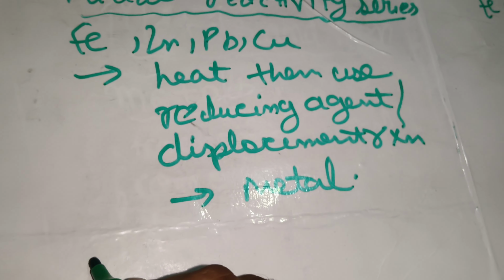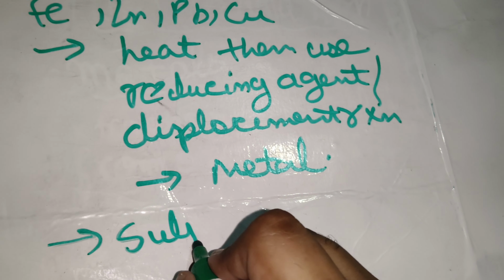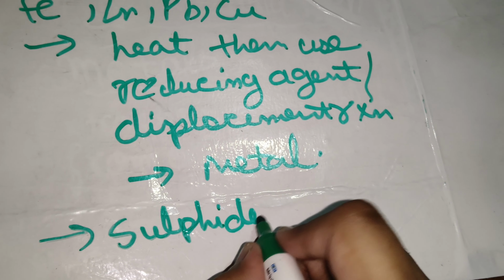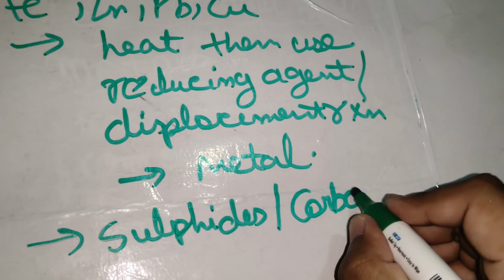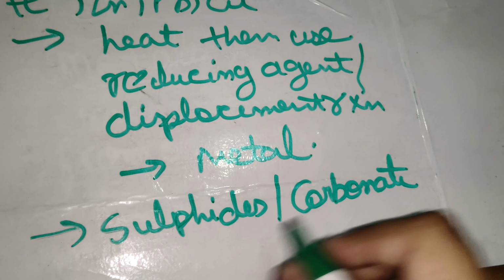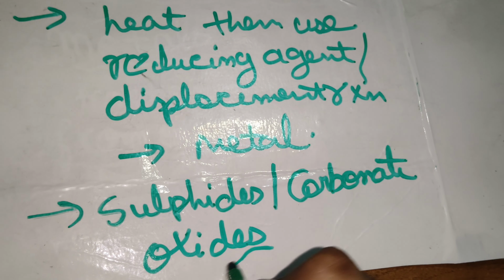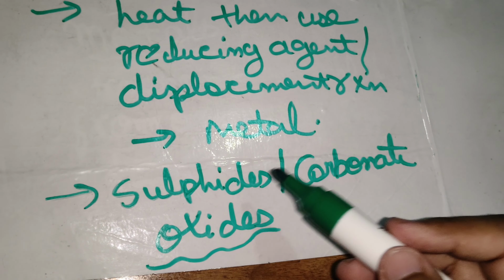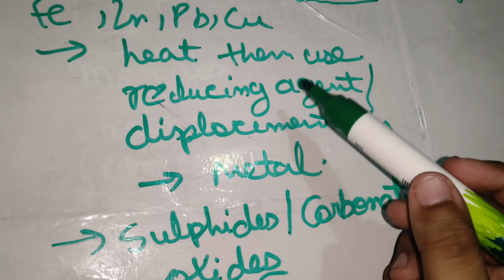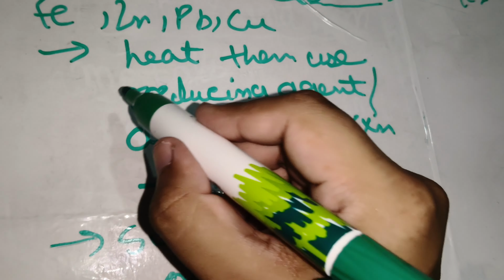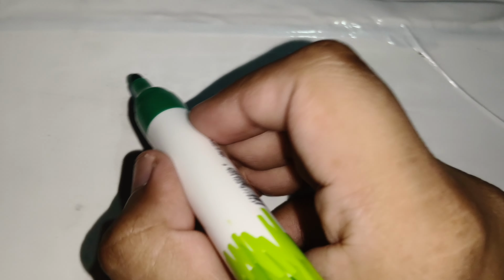So as we know, these compounds are usually found as sulfides and carbonates, so it is way easier to get the metal from their oxide than from their sulfide and carbonate. So first of all we have to convert these sulfides and carbonates into oxide, and then we can get the metal by reduction. For reduction we use an agent like coke. First we are going to see the conversion of sulfides and carbonates